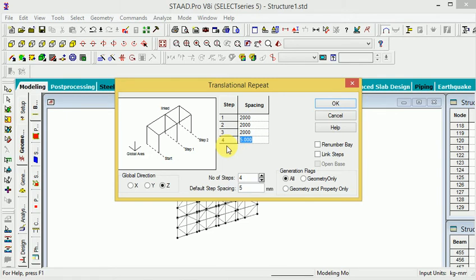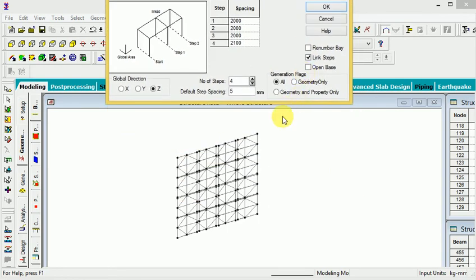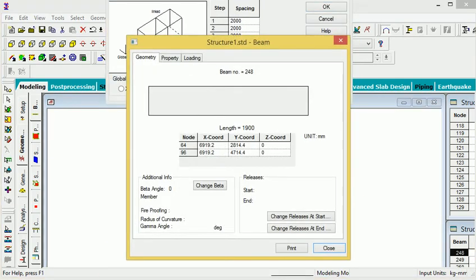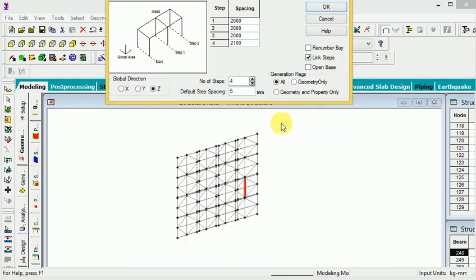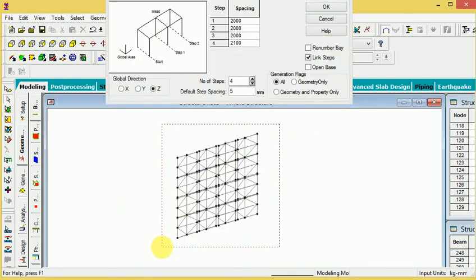If you want to change it to 2100, you can provide 2100, and most important is to apply the link step. Then I will select all components here. When you click this portion and OK.